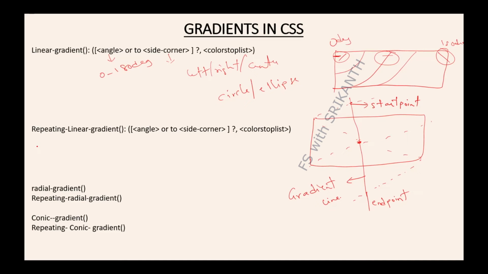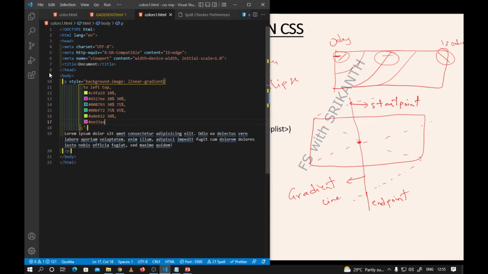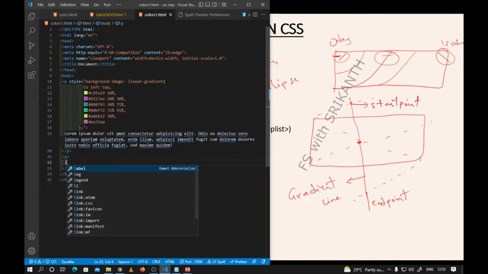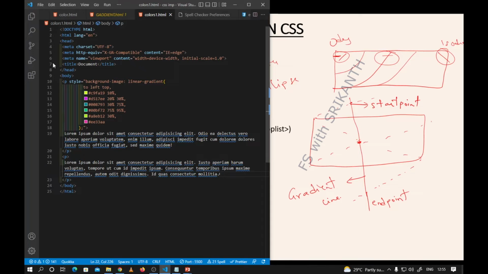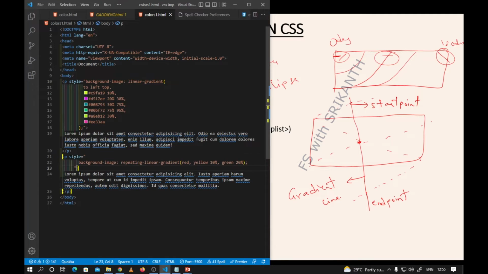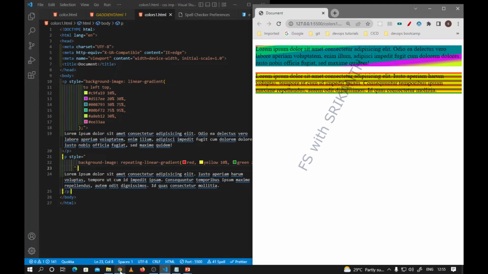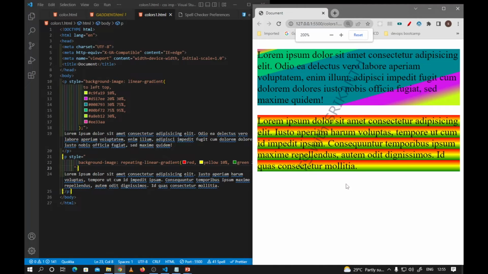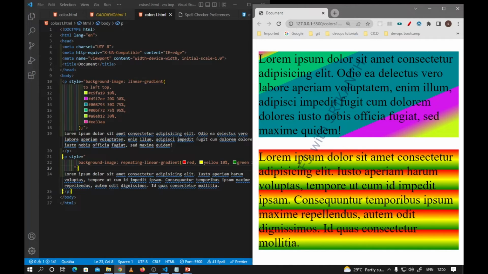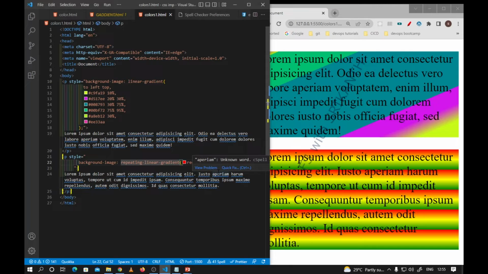the repeating linear gradient. Very simple, the syntax only update. Just you observe here, syntax update. I want to take one more paragraph tag, one more paragraph. Just you observe here. This is one color, and you can observe some color is repeating. Suppose I want to add here